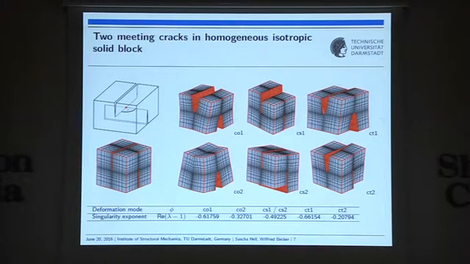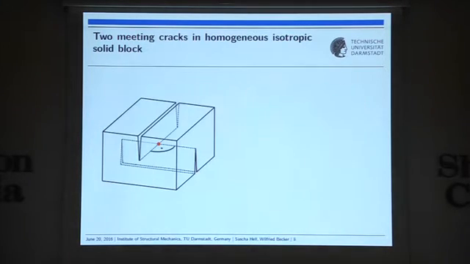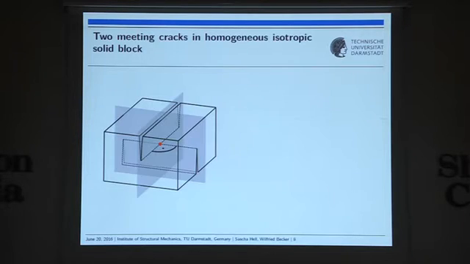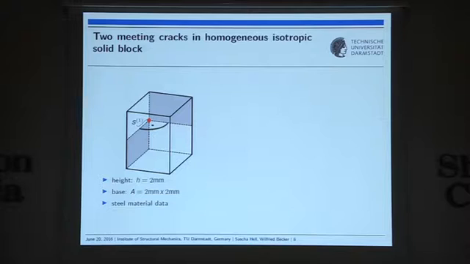And here we see the associated singularity exponents for these 3-dimensional deformation modes. Then we also see that for CO1 and CT1 we actually get values smaller than -0.5, which is associated with a singularity which is even stronger than the classical crack singularity. So we consider this case, and for our calculations we introduced symmetry planes for facilitating the calculations, so that